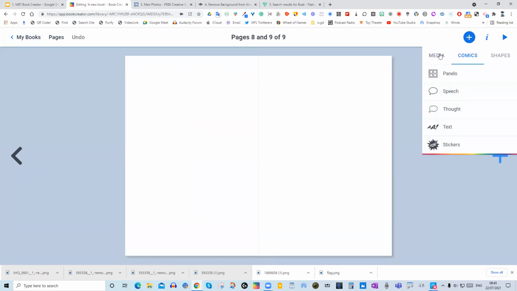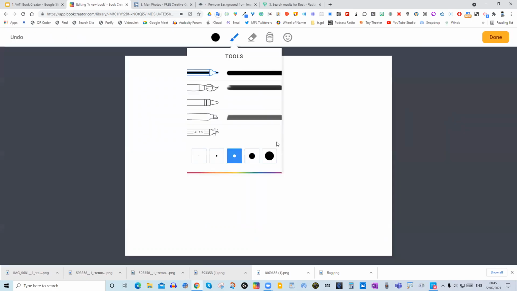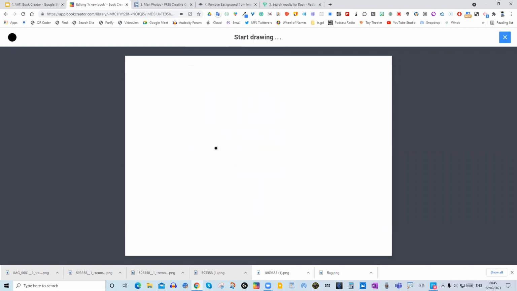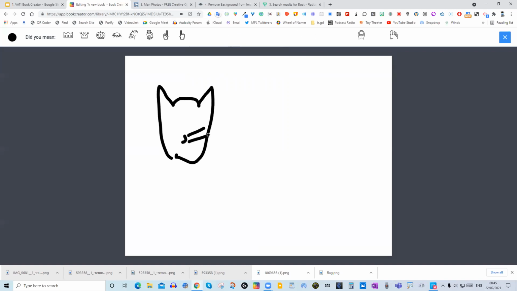Okay, if you click the plus icon, you can click media, you can use the pen tool, which is really nice. So I can click pen like that, and you've got this auto option, which is really nice. So what you can do here is select auto and start drawing. I'm going to try and draw a picture of a cat with a mouse, which is not the easiest